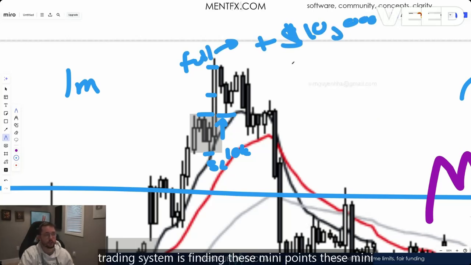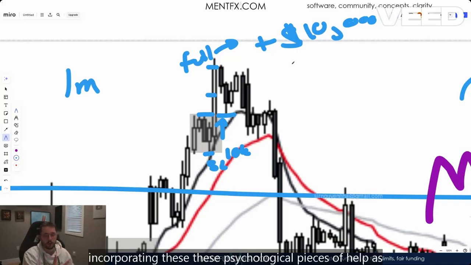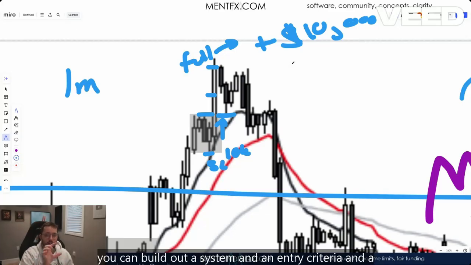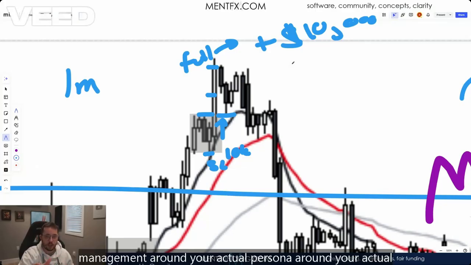Their entire trading system is finding these mini points, these mini fractal stage 1s and 2s, to make their money. There are many ways to make money in the markets, and I'm incorporating these psychological pieces of help as well as systems that I've seen between a multitude of traders to remind you all that what you're doing is understanding the fundamentals of how the market works, so you can build out a system and an entry criteria and a management